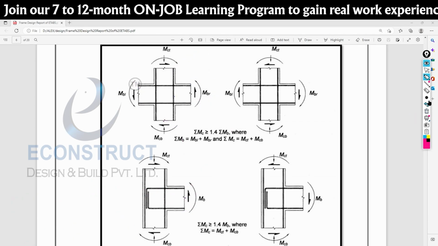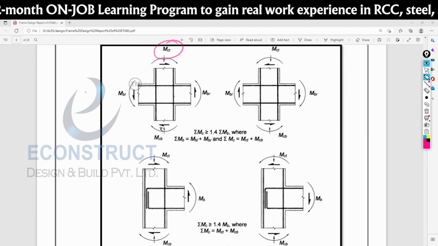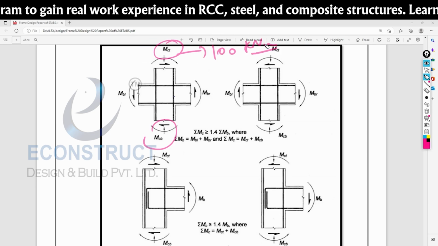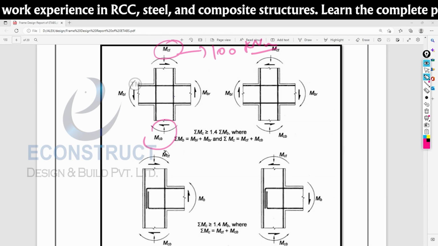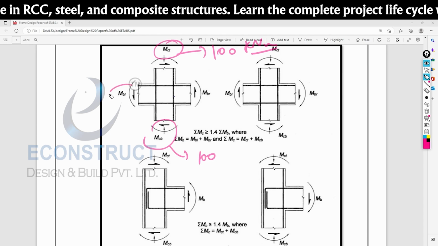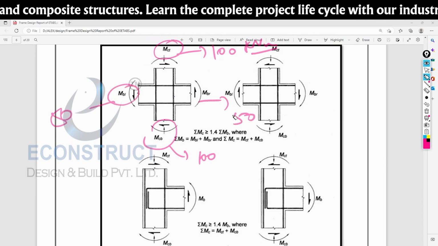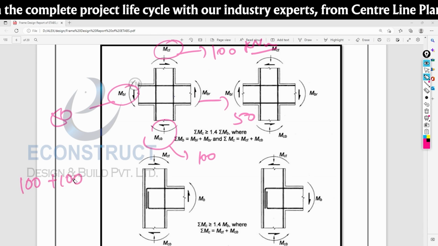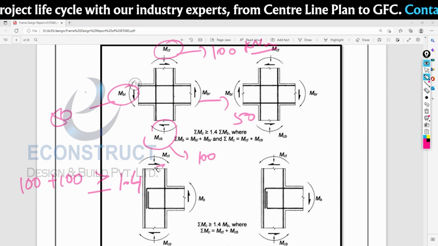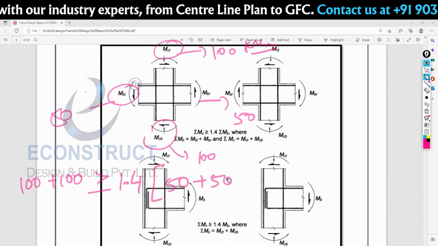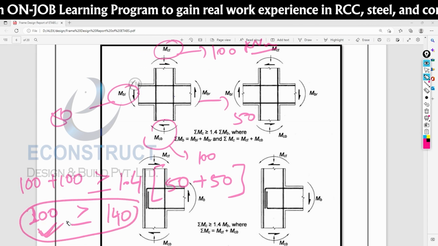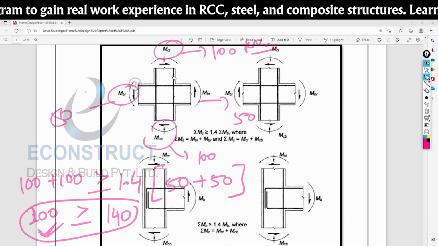Again I will repeat. We are just finding the capacity of this column and this column. The column at the top level has capacity 100 kilonewton meter, its bending capacity. The column below is also 100. For this beam maybe 50, and this beam 50. Now you just add all the columns and compare with the beams. 100 plus 100 should be greater than or equal to 1.4 into your beam capacities. One beam is 50 and another beam is 50, so you get 200. That should be greater than 100 into 1.4, which is 140. So now this condition is satisfied. That means ultimately, at this joint,